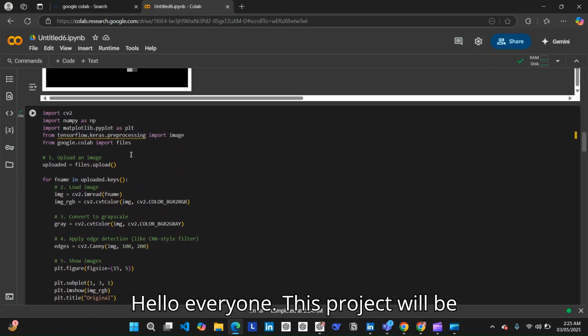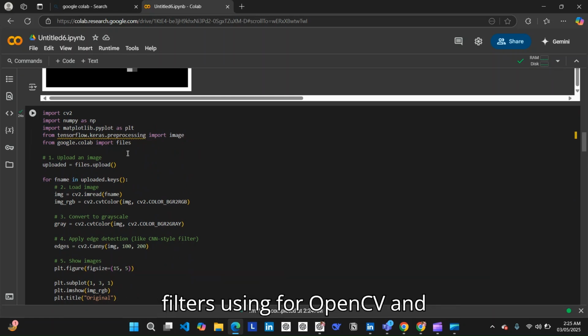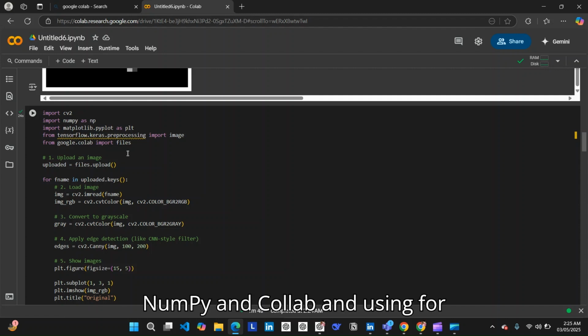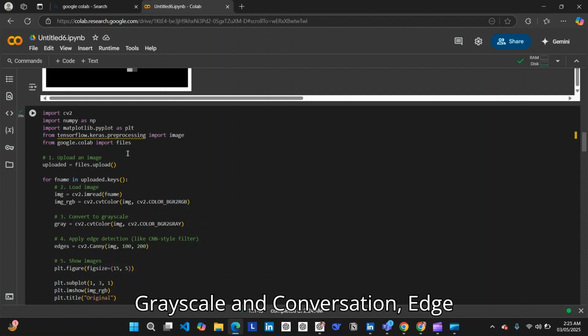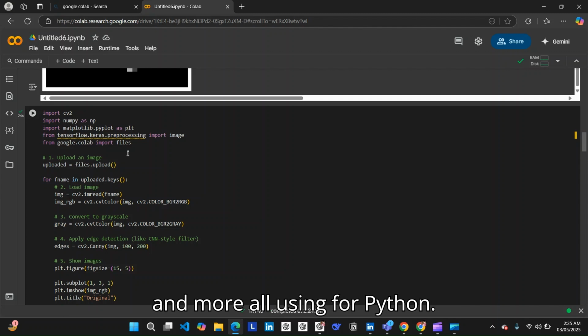Hello everyone. This project will be applying various image processing filters using OpenCV, NumPy and Colab, including filters for brightness and contrast, grayscale conversion, edge detection, the SciPy effect, blur and more, all using Python. First of all, import the necessary libraries: OpenCV for image processing